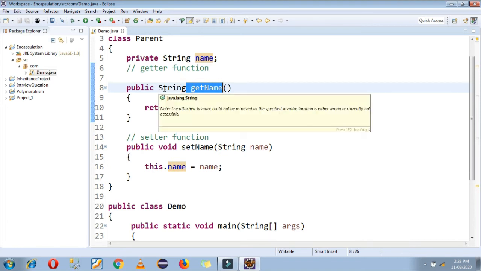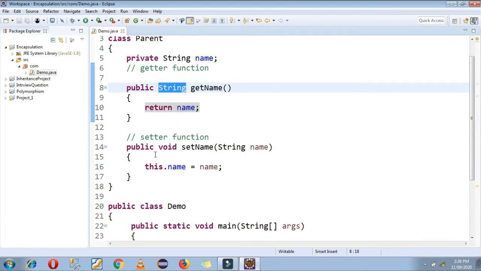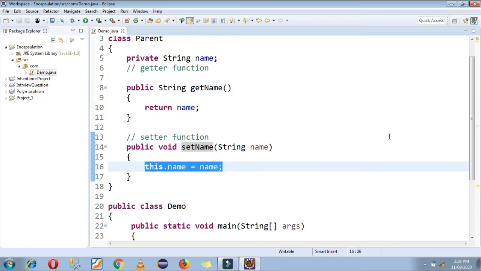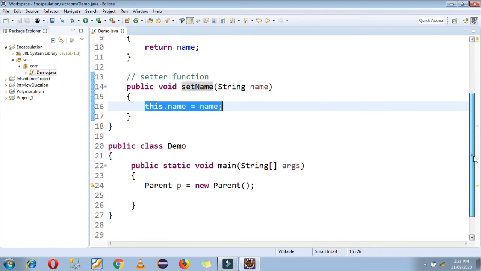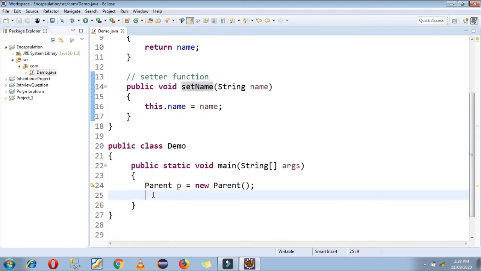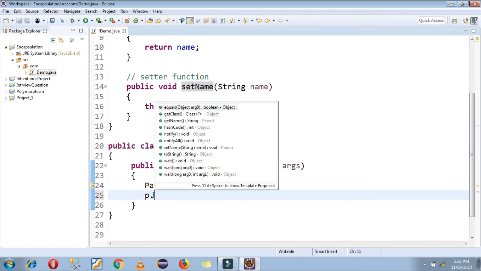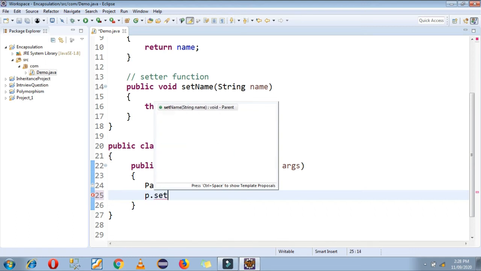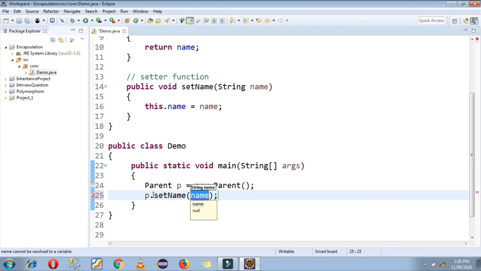Get function is used for getting the value of a variable, and set function is used to set some value in your variable. Now I am going to the main function. Here I just want to set some name in my variable, that is John. So here I am first calling the setName function, and in this parenthesis I am providing my value, that is John.